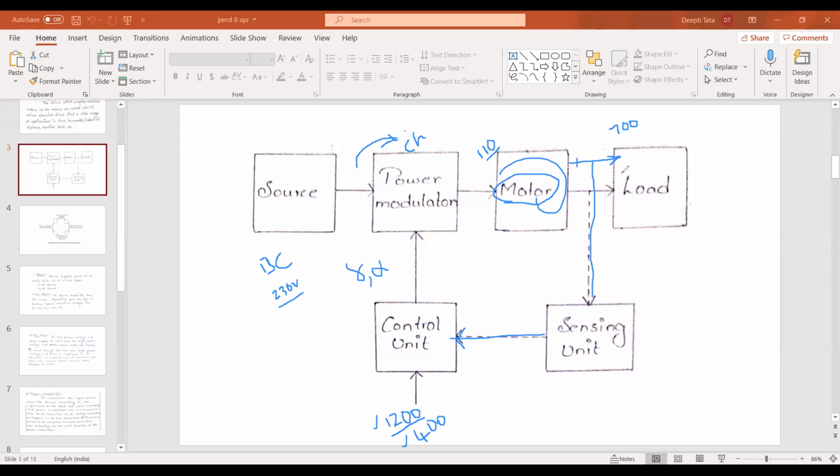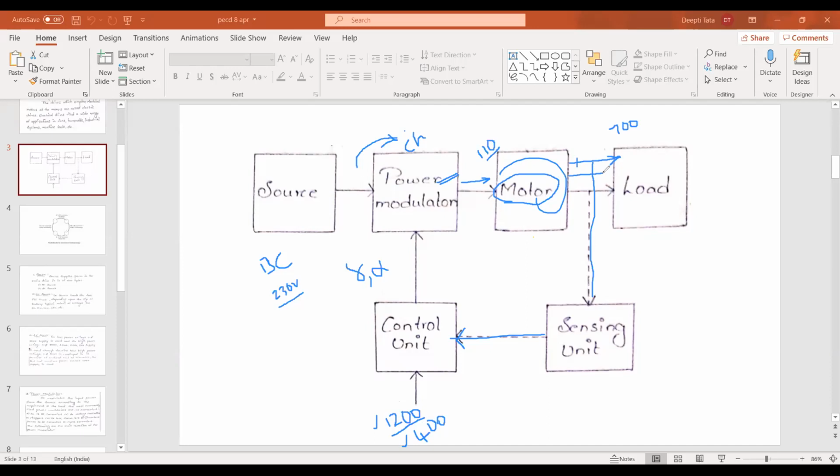Now, actually, do we have to increase the speed or decrease the speed? Increase, madam. Actually, the existing speed is 700. The required speed is 1200. That means you have to increase the speed of the drive. So you have to increase the output voltage from the power converter. That is also within the withstandable limits of this DC motor. Whenever the motor input is increased, the output is also going to be increased. Is it right or not?